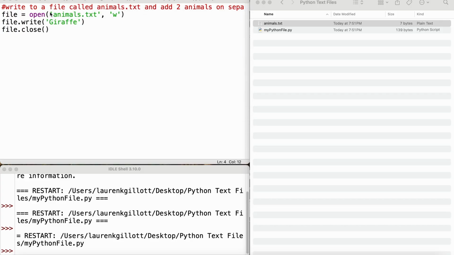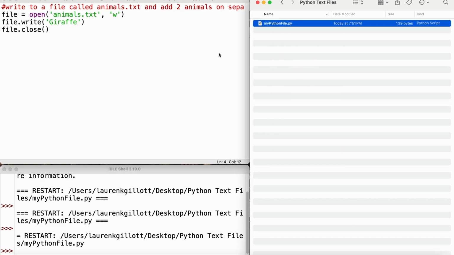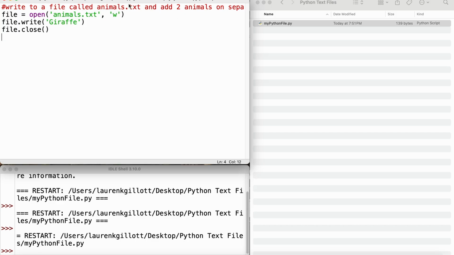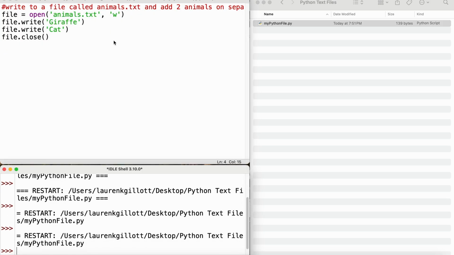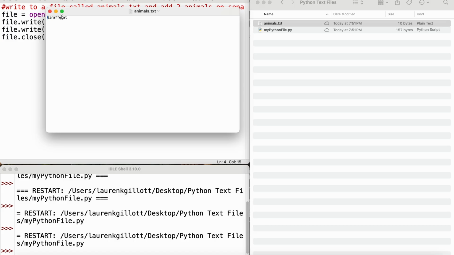So that's worked correctly. Now, let's start again. So let's delete that. And we could override it, but we'll just do it properly here. So I've opened our file. If we want to write two animals, let's start by here. So let's add file.write, let's say cat, right? And if I run this time, we've got animals.txt, and notice it's got giraffe cat, so that has worked correctly,